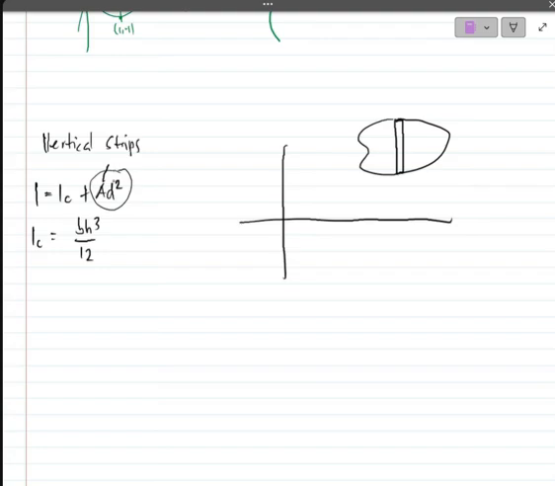That's the distance from your centroid, which direction you take the moment of inertia. And for the x-axis, your h, ang atong